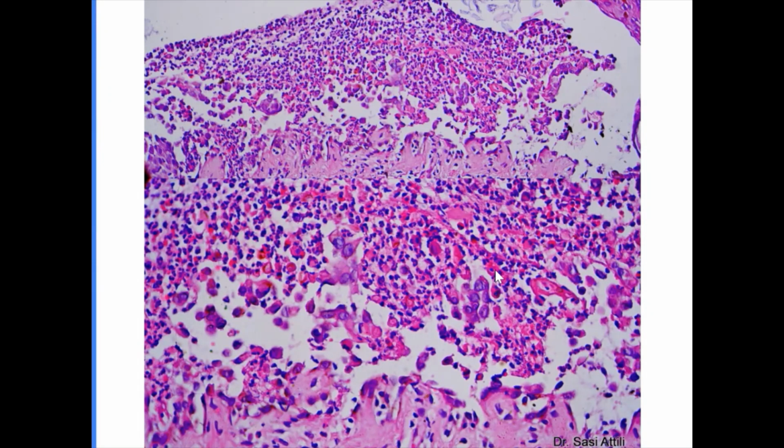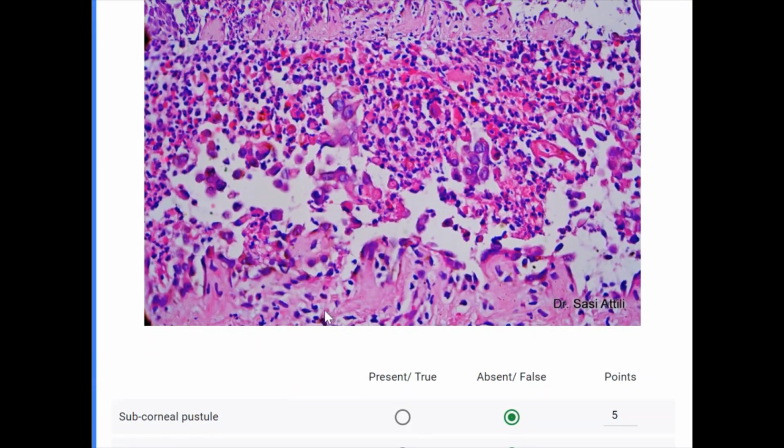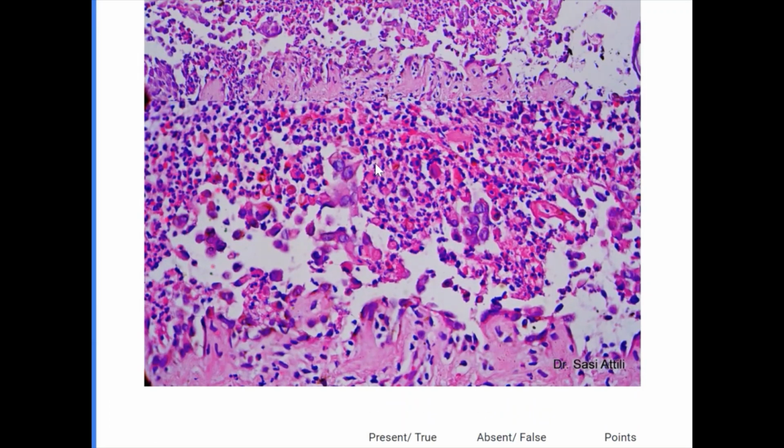There are probably occasional lymphocytes here and there, but they're not predominant actually. The predominant cell type here, there are a couple of lymphocytes probably here. Let us go down. There are probably a few lymphocytes here and there, but the predominant cell type is neutrophils, occasional eosinophils with acantholytic cells. These are all acantholytic keratinocytes.